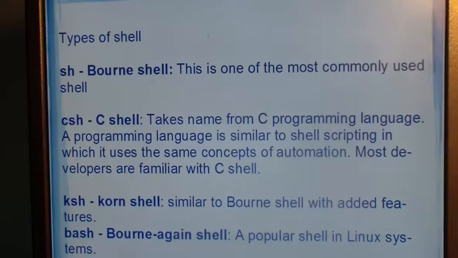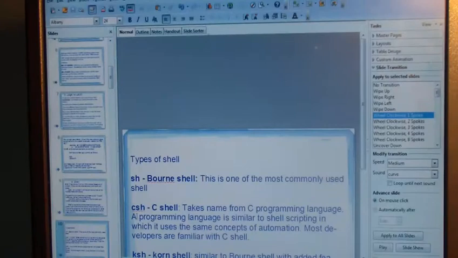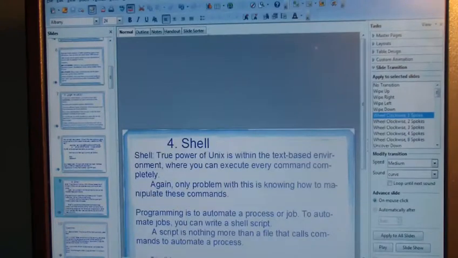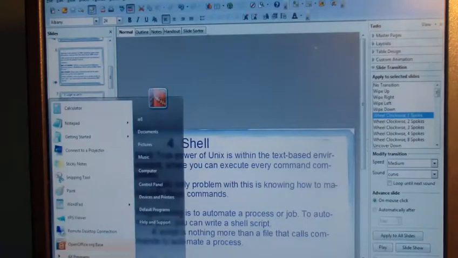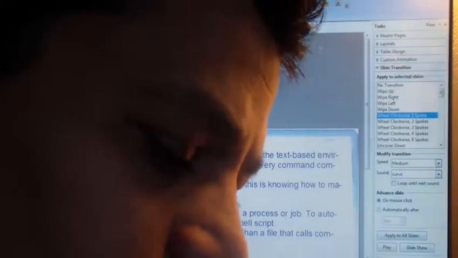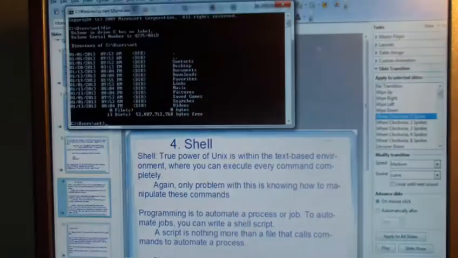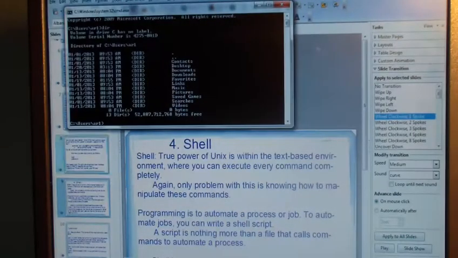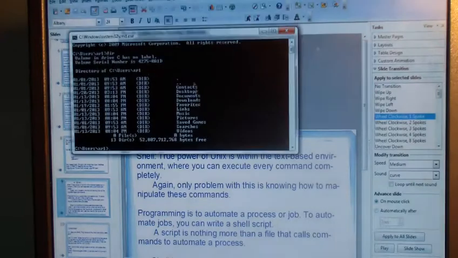I wanted to show you the command of what is called DOS. You can see this is dir, right? So this is the command in DOS or Windows. Similarly, there will be a shell prompt. The same way, there will be a shell prompt